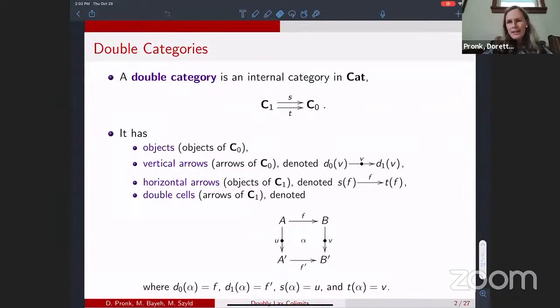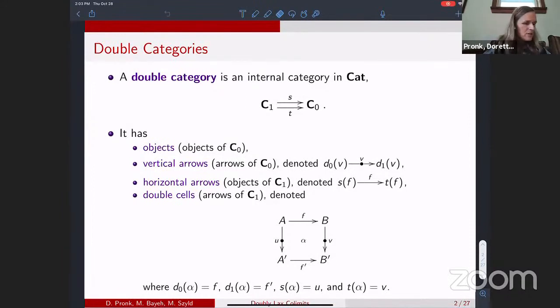So a double category is an internal category in CAT. So we have a category C0 and a category C1, a source and target functors, and then of course also all the other functors that I didn't give there, but the composition functor from the pullback to C1 and the unit functor going from C0 to C1. But then hidden in that, there are